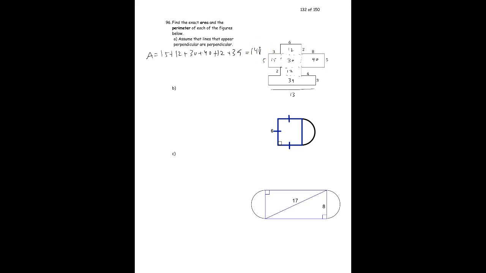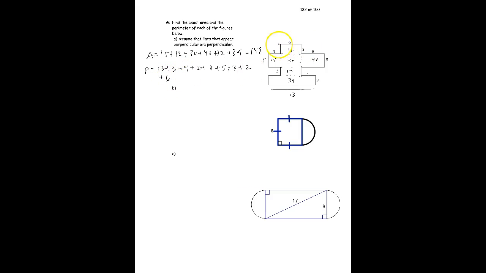The perimeter, then we just have to go around and add up all these pieces here. So 13 plus this 3 plus this 4 plus this 2 plus this 8 plus this 5 plus this 8 plus 2